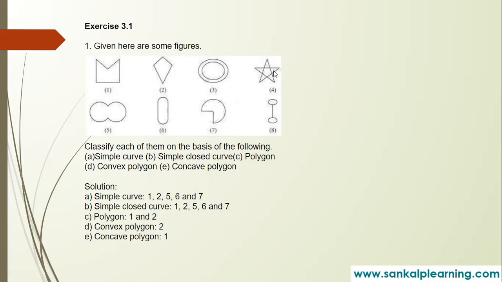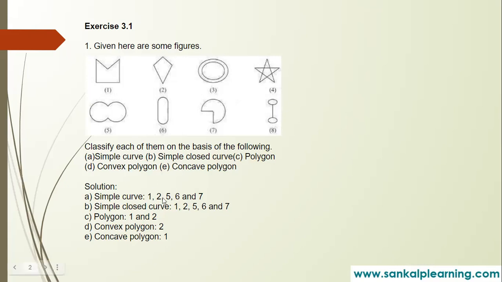while in the definition, what are they saying? Without crossing itself. So here we have cross lines. So it is not a simple curve. And come to 5, yes, it is a simple curve. The starting point and ending points are the same. And here also it is 6. It is also a simple curve. And here also it is a simple curve. And what about the 8th one? It is not a simple curve. So you will start from here, you will draw a loop and again you will draw a line segment and again a loop, right? So it is not a simple curve.